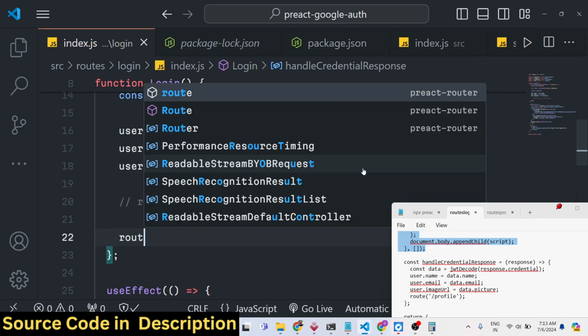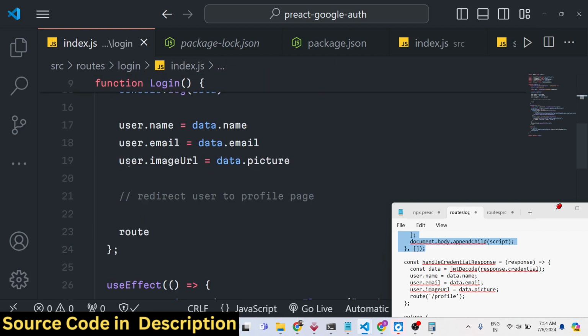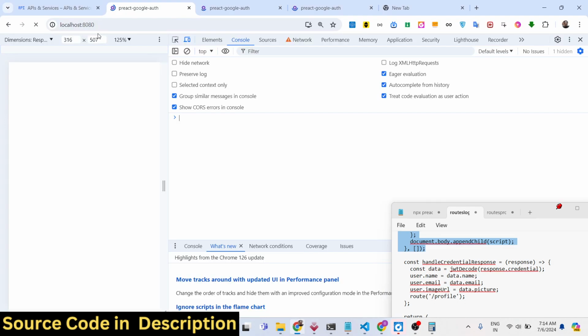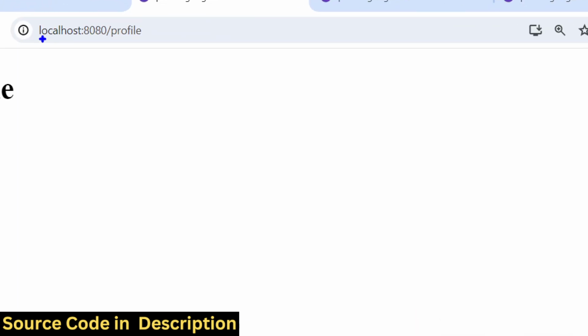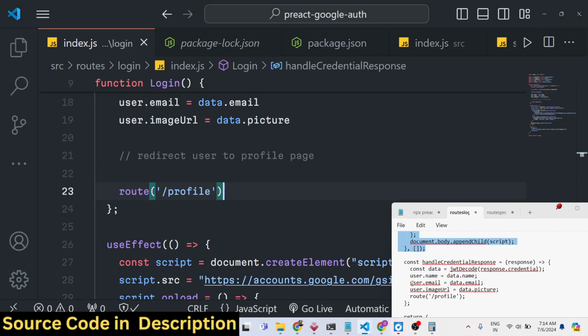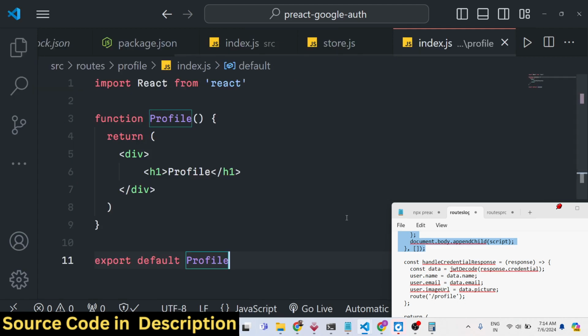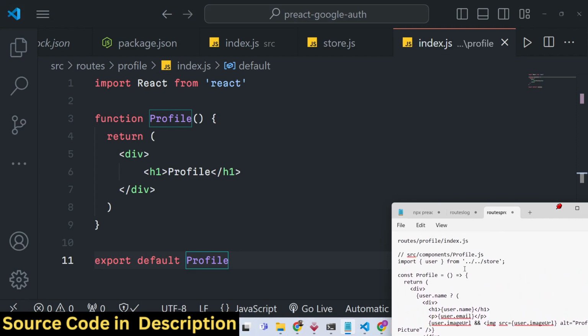So for doing this, we will use the route dependency, which will be coming from Preact router, and here we'll be redirecting the user back to the slash profile route. So now the user will go into the, once they are authenticated, they will land on the profile route. So now you can see that. So it is very easy in Preact.js, guys. Now we'll go to the profile folder, index.js, and now to show these details, it's very easy. We will simply first of all